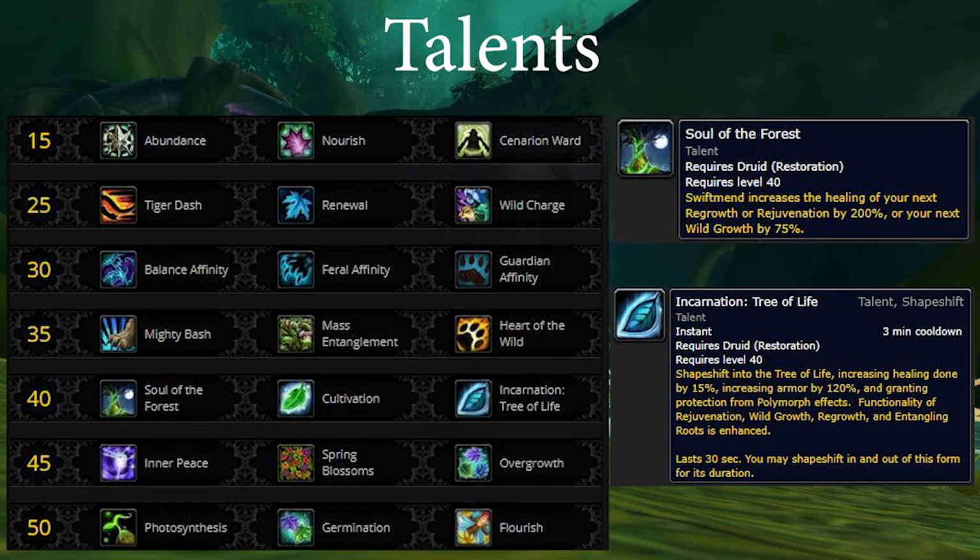I don't think Tree of Life is specifically too necessary, especially since we have Tranquility, we have Convoke typically. We have a lot of these spells that are kind of going to take the place of Tree. So I typically use Soul of the Forest. So Soul of the Forest, since it's a passive ability, you don't see it too often, so I'll explain what